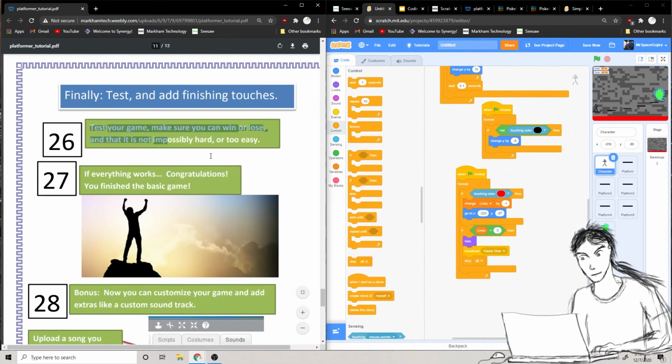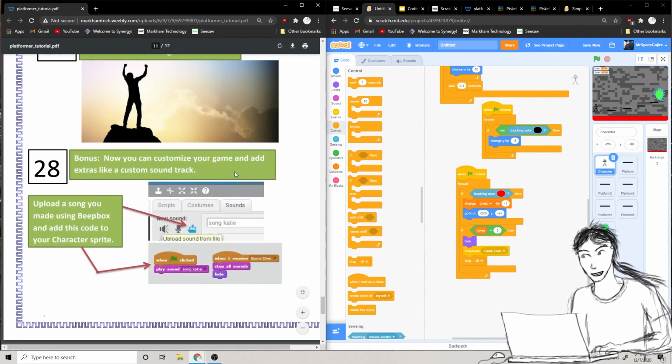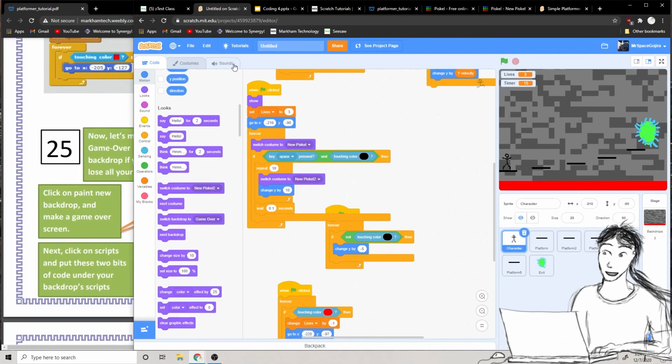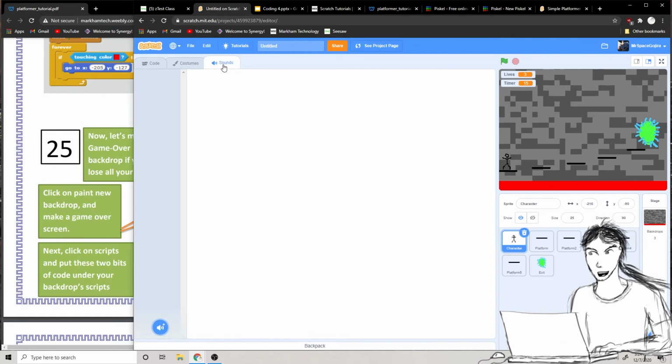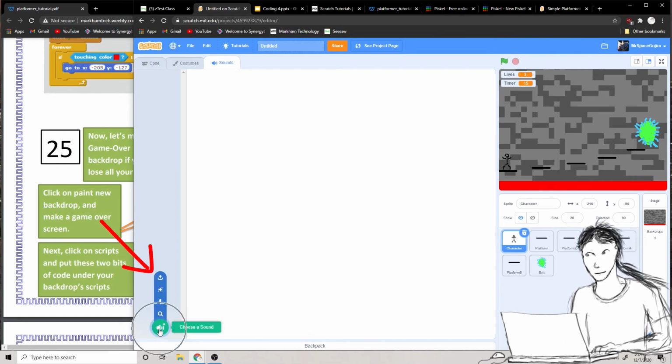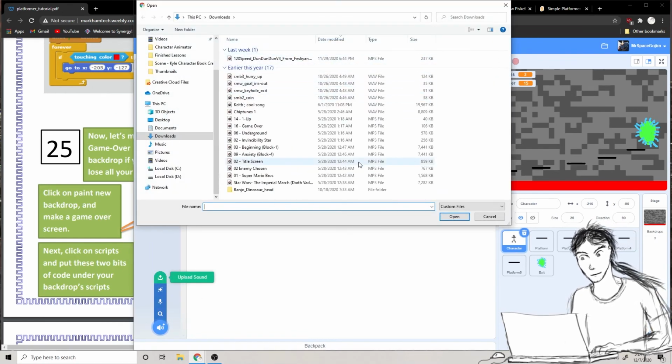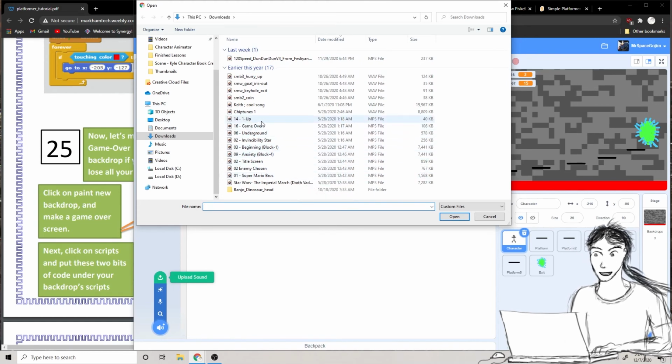After that, test the game, make sure it works, and you're pretty much done, okay, unless you want to add some custom music. If you want to add a lot more, you can add sounds to your game. So you can go plus down here, and you can go upload sound, okay, and you can find your sounds you made. For example, in Beatbox or whatever, you can make a game over sound, and